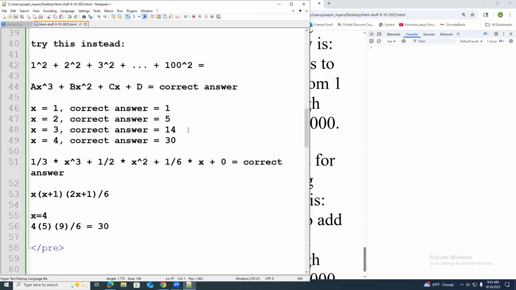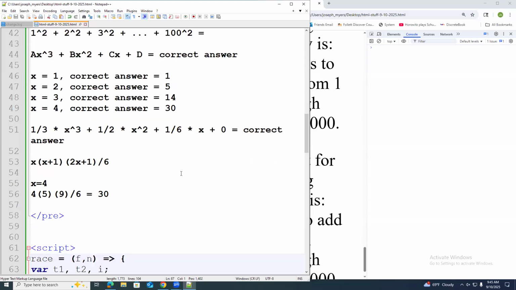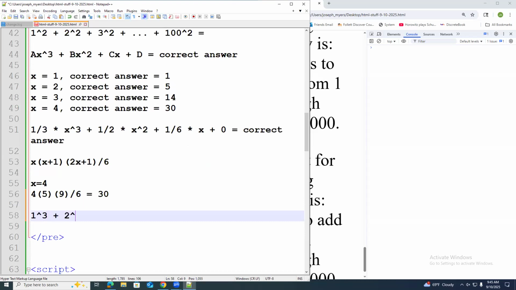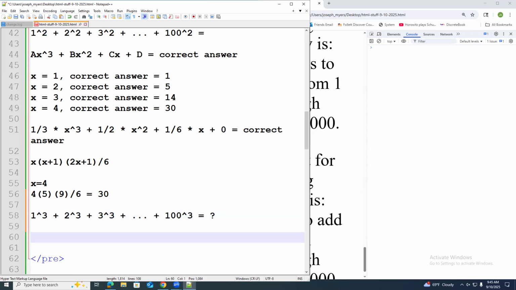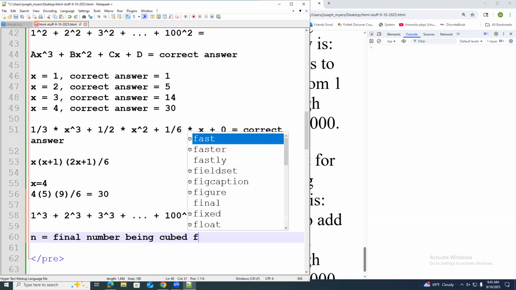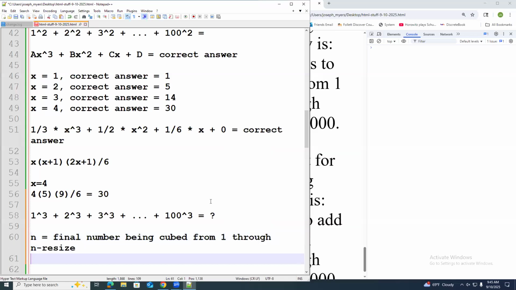And the formula you're going to have to do is the formula for the cubes of the numbers. So 1 cubed plus 2 cubed plus 3 cubed plus all the way through 100 cubed or whatever, or any number cubed. The way to get that is equal to this. You take the number n, which equals the final number being cubed from 1 through n.